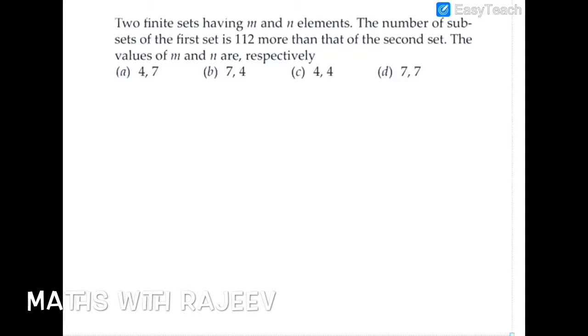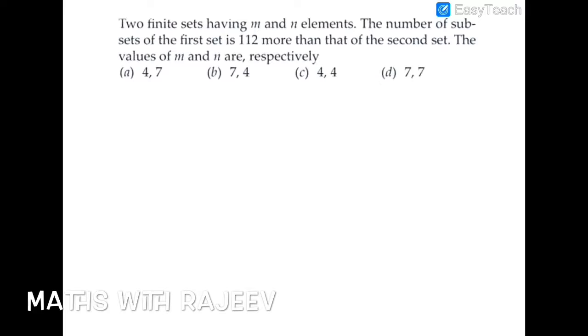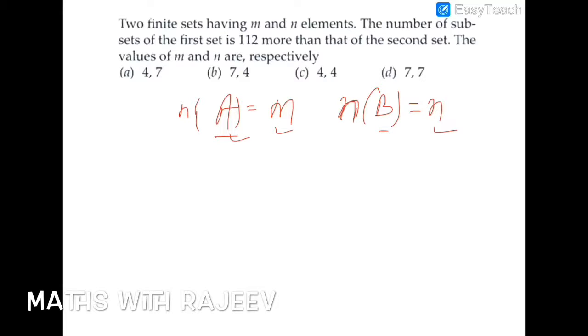Firstly, we have to understand that there are two sets, A and B. The cardinal number of A, meaning the number of elements in A, that is n(A), is equal to m, and n(B), the cardinal number of the second set B, is n. That means there are two sets A and B, A having m elements, B having n elements. One more condition is given: the difference of the number of subsets of A and B